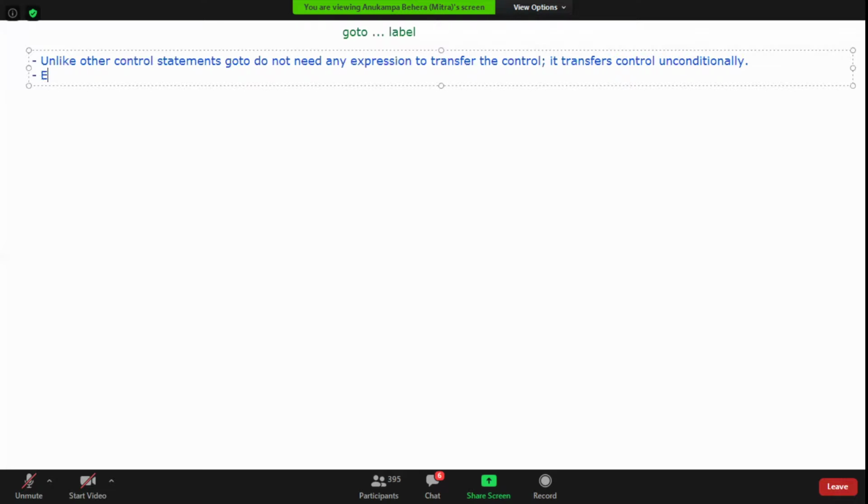Now, every goto is attached with a corresponding label. It transfers the control to the label, and the label is where it transfers the control to.